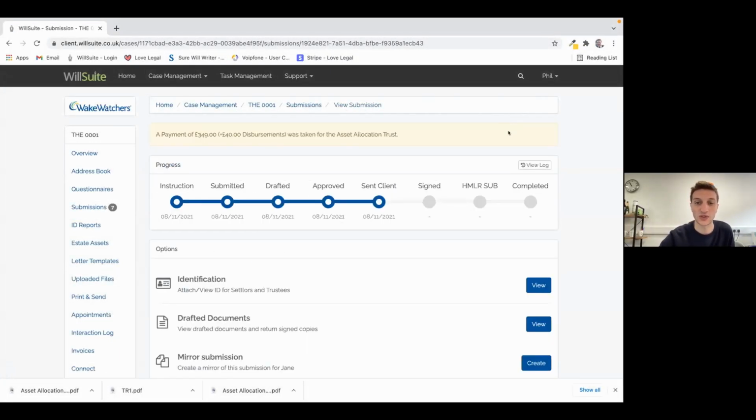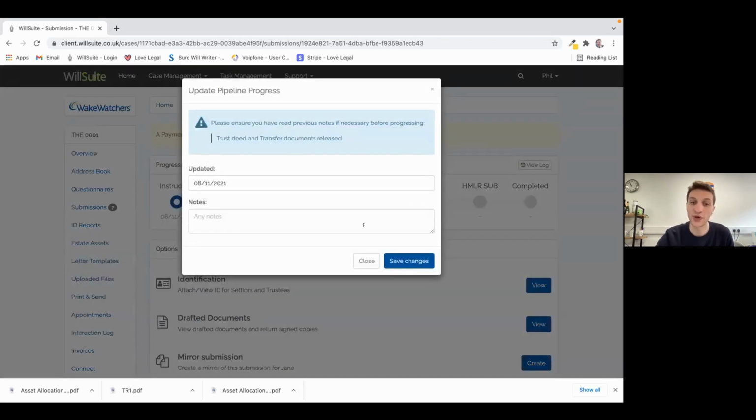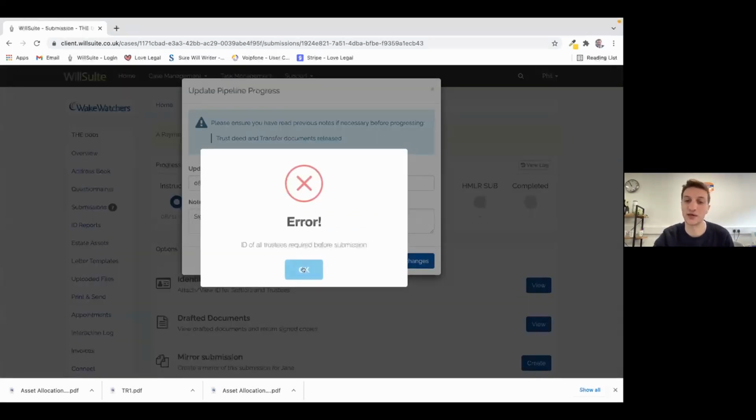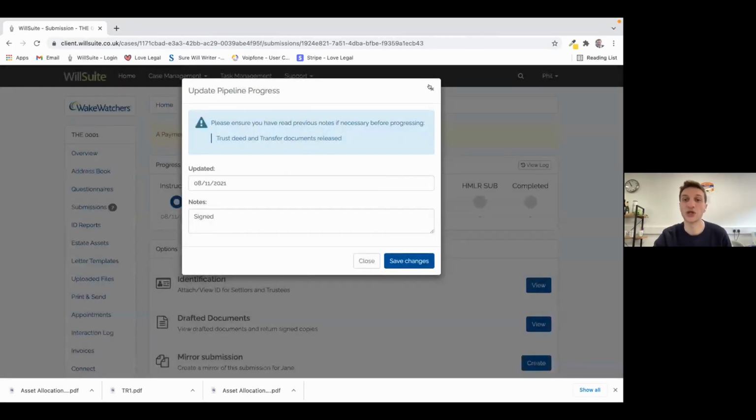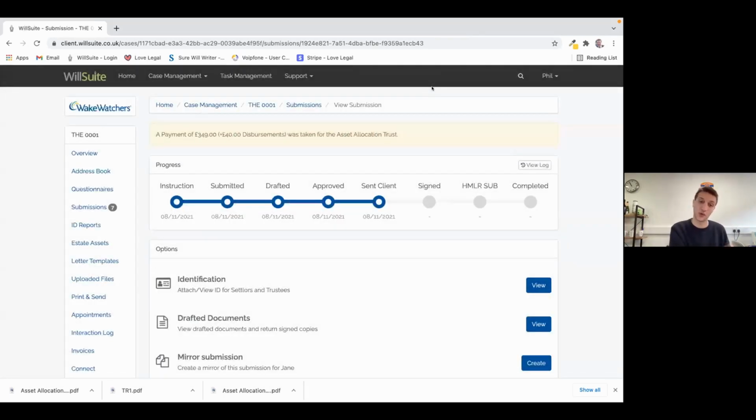We go back into the submission process. We progress the pipeline forward to the signed step. And just make a note for the solicitors, for example, ID of all trustees is required before submission. Because when we first submitted the case, we didn't actually submit the IDs for the trustees, the system will now notify us that we need to submit those IDs in order to progress the case to signed, and for the solicitor to then submit the whole case to